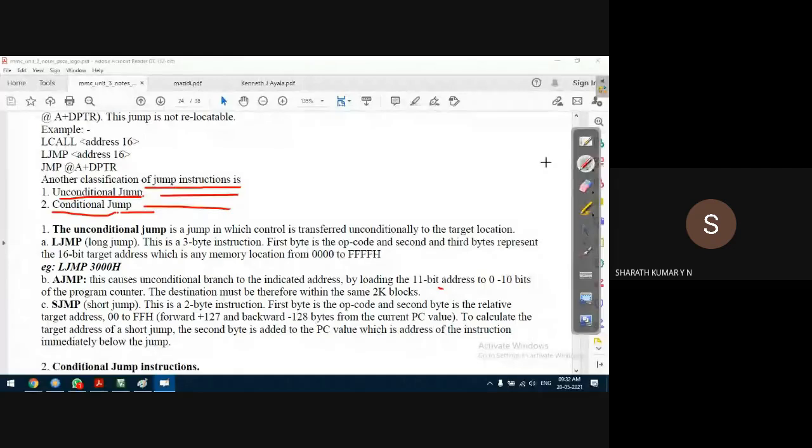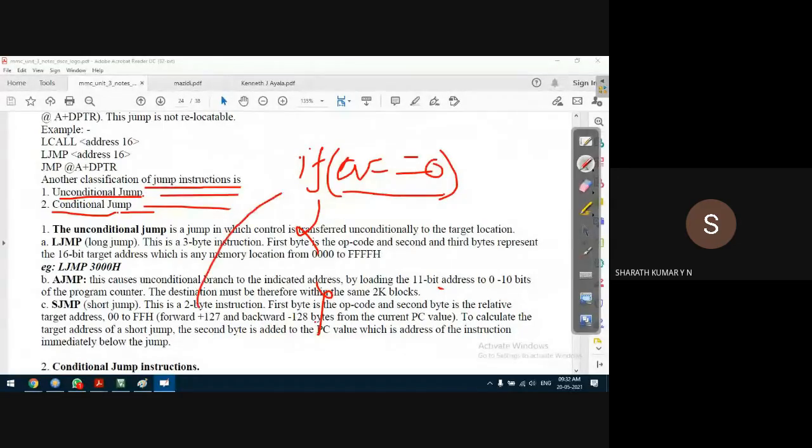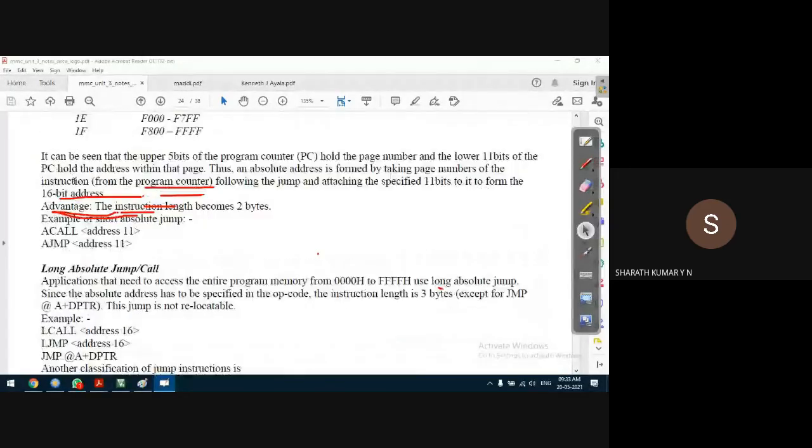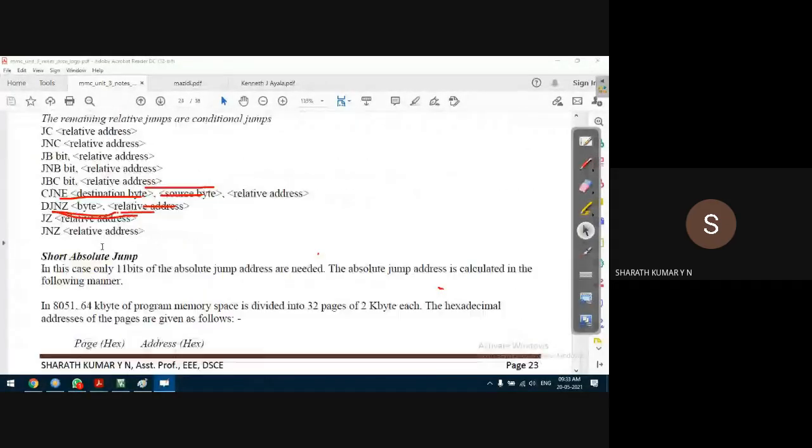We can consider if with some condition. If a is equal to 0, for example, execute a set of instructions. If it is not equal to 0, come out of the loop, something like that. In assembly language programs, conditional jump instructions will check the condition. I'll take one example, guys. There are many conditional instructions we came across just now.